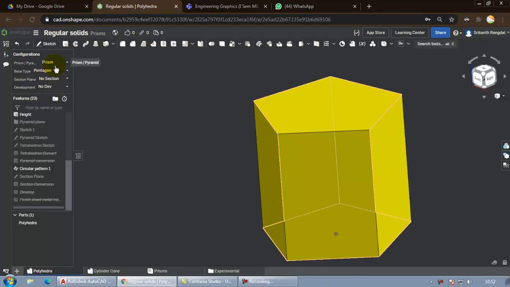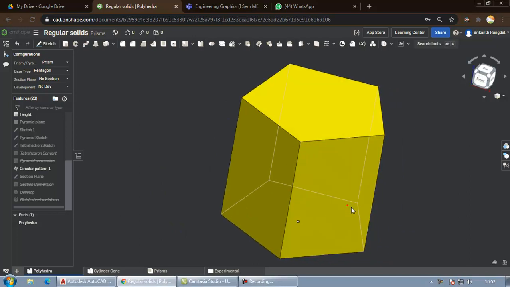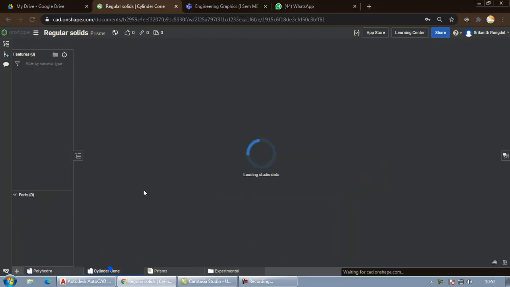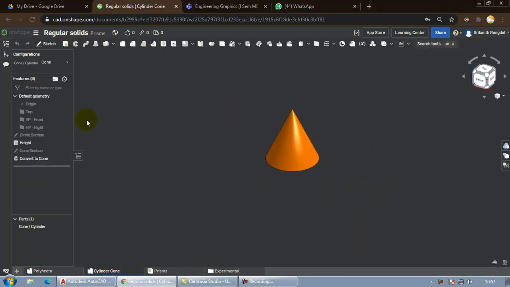Hello dear students, in the previous class we had done projection of solids, and most of the prismatic and pyramid type of solids we had taken up, and in this class we will go ahead to the cones and the cylinder. Okay. So as you know, I have created this particular file in Onshape so that you can